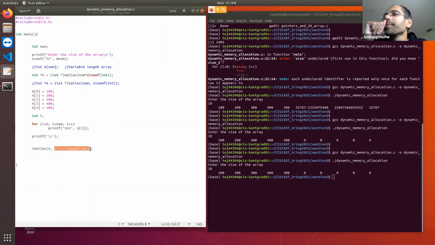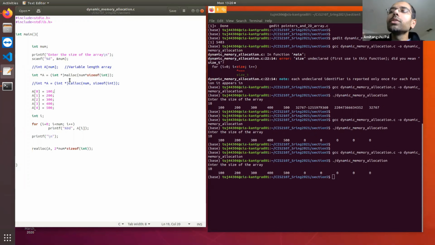Professor, I have a question. What if we have used the malloc function 2 times, and we have 2 different dynamic memory allocations? So that's a good question. What your friend is saying is that I have already allocated sufficient memory to store num integers. If I need more space, I can use another malloc, right?